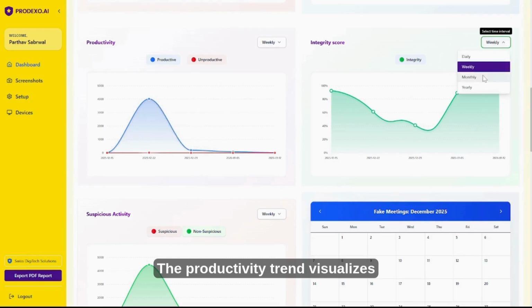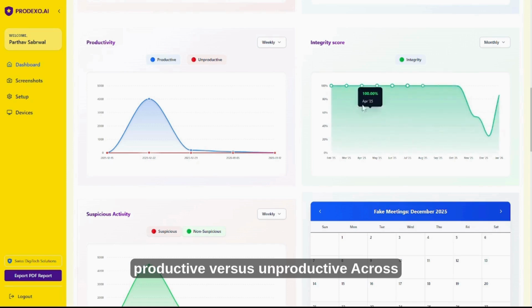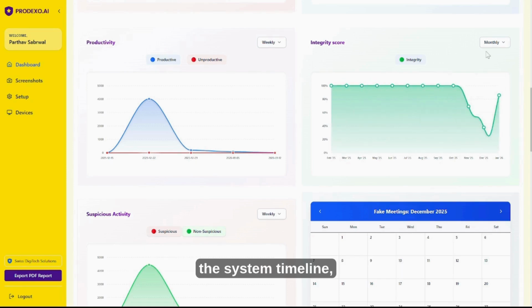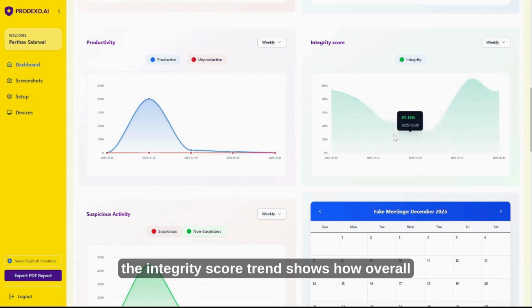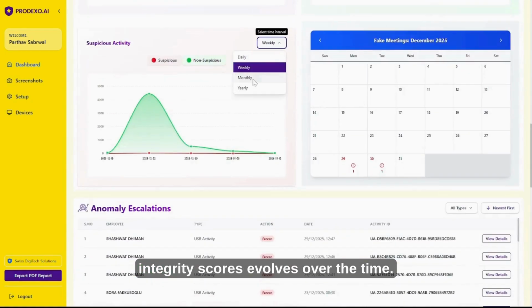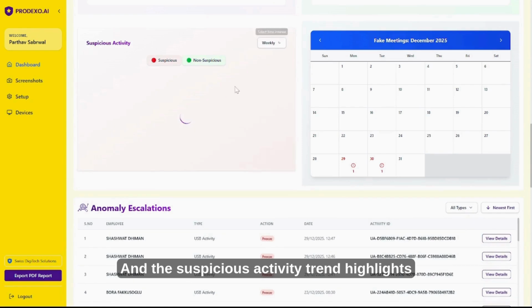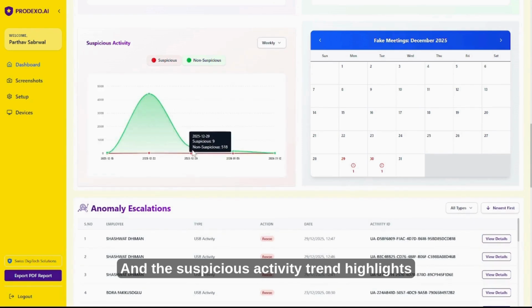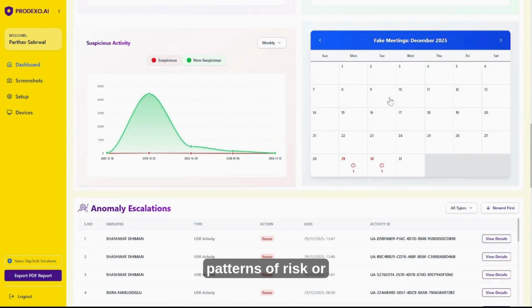The productivity trend visualizes productive versus unproductive activity across the system timeline. The integrity score trend shows how overall integrity scores evolve over time. And the suspicious activity trend highlights patterns of risk or non-compliant behavior.